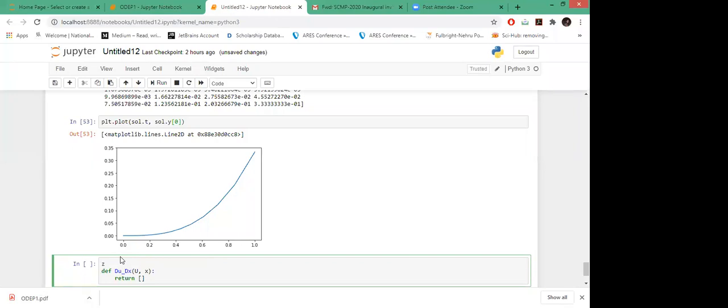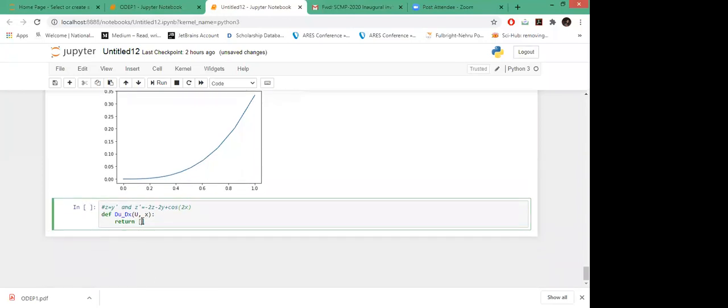Your system of equations here is z equals y dash, and then z dash is equal to minus 2z minus 2y plus cos of 2x. Okay, so now I will return this in array form.